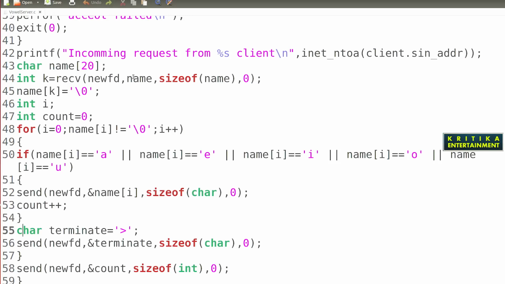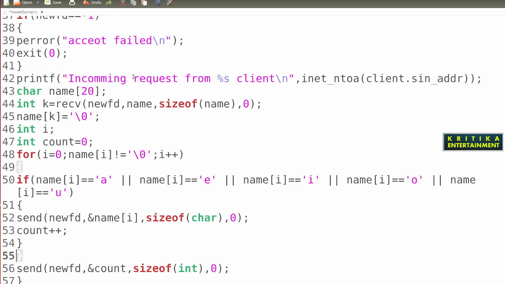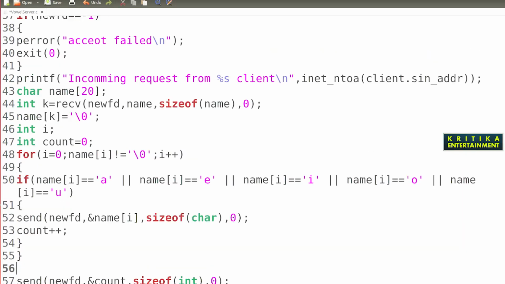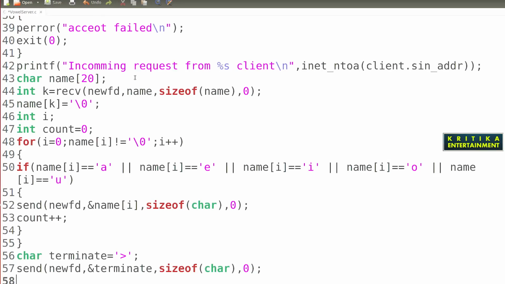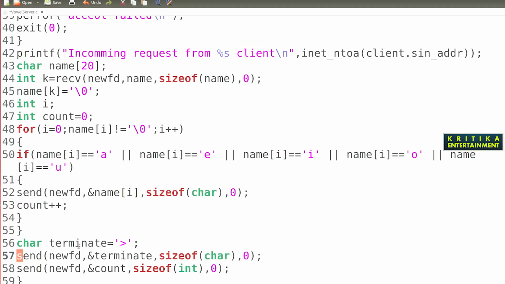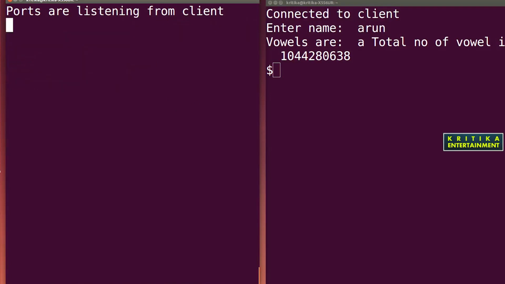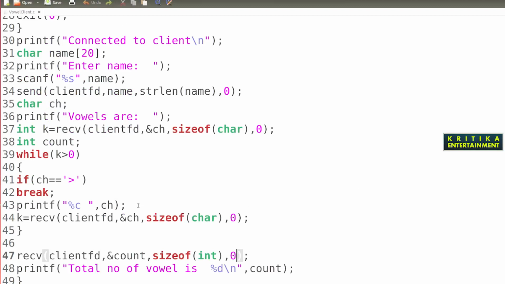Instead of writing this inside the loop, we come to here and write this thing outside of the loop, because after this loop terminates, it will send this terminate character, and this terminate character will be closed by the client side loop here.